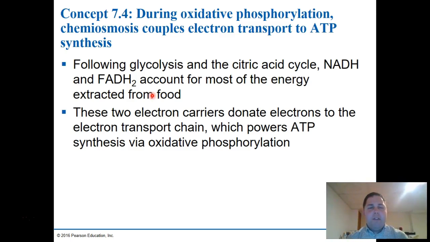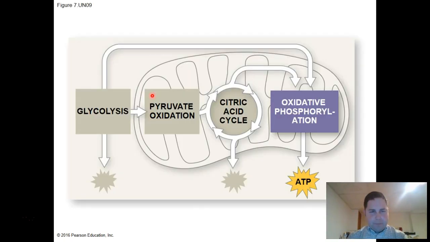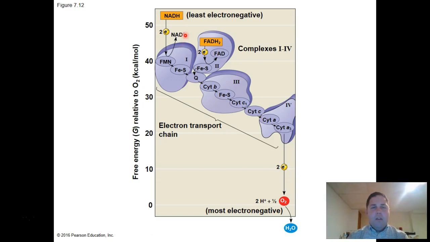These electron carriers are going to donate electrons to the electron transport chain. The electron transport chain is found in the inner membrane of the mitochondria, and you can think of it as being made up of several protein complexes. There are several subunits, each of which is an electron acceptor, and they all have increasing electronegativity. NADH is the least electronegative, and this molecule FMN will take those electrons from NADH because it's more electronegative. The next is more electronegative, and so on, until you get to the most electronegative, oxygen, that will take those electrons and become